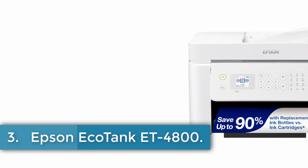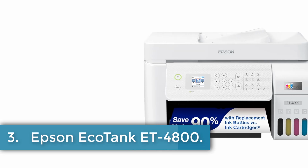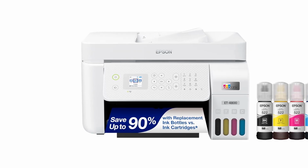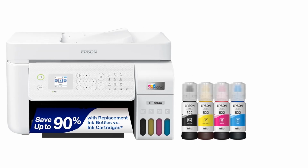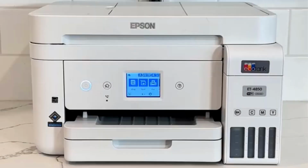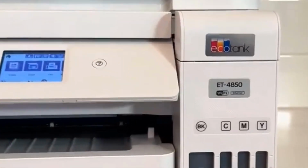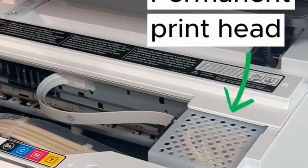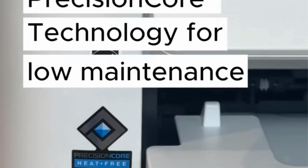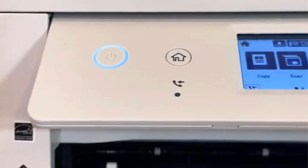Number 3. Epson EcoTank ET 4800. The Epson EcoTank ET 4800 is a versatile all-in-one printer designed for efficiency and cost savings. It features a refillable ink tank system, eliminating the need for traditional ink cartridges and reducing waste. With high-capacity tanks, it can print up to 4,500 pages in black and 7,500 pages in color, equivalent to about